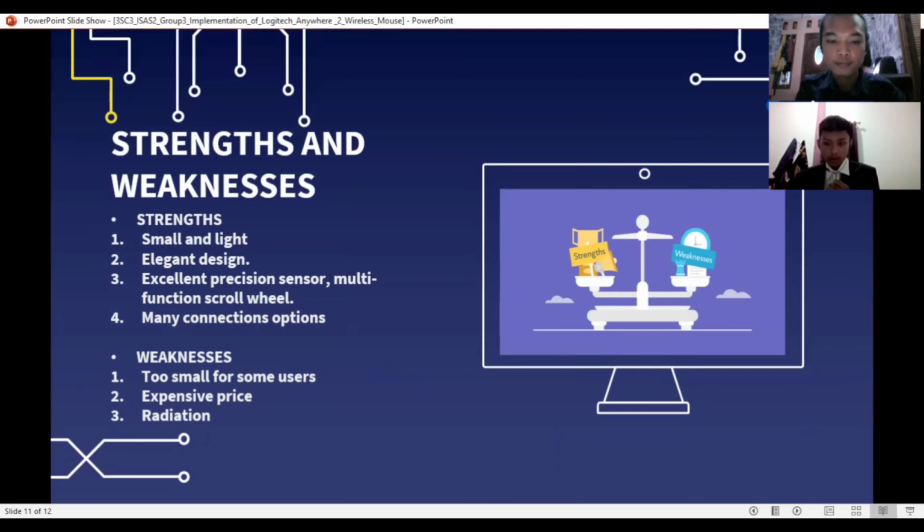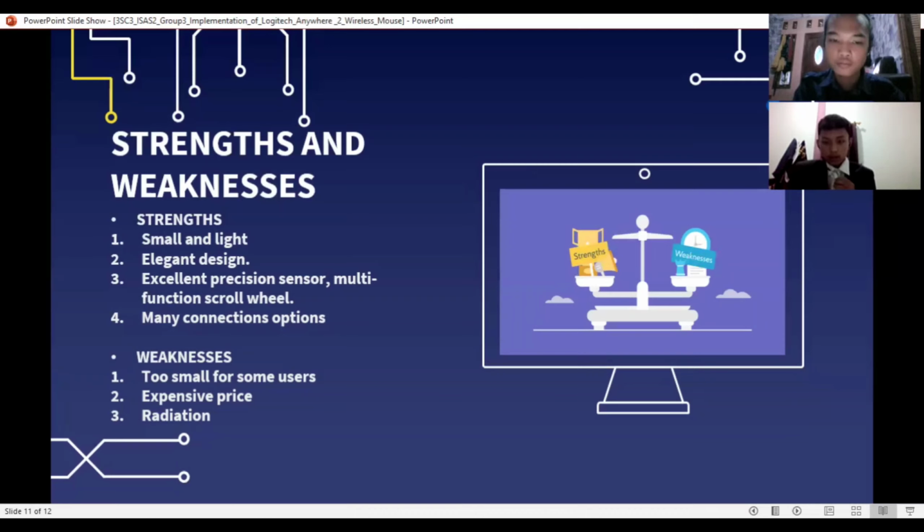With multifunction scrolling, this mouse can work better than other types of mice. When we scroll, this mouse can be loud and can also be silent. Not only that, we can also slide this mouse left or right on the scroll when opening a website or blog. And number 4, many connection options. The 3 connection options in this mouse are also a very good advantage. If we are connected on a laptop and want another connection, it can be done at once without having to remove anything like a USB mouse.